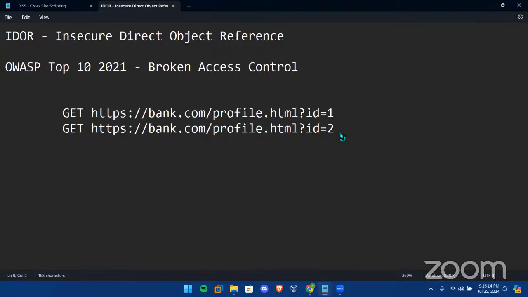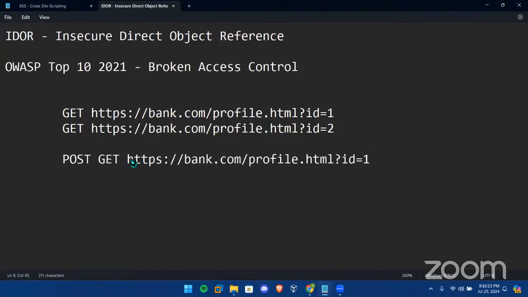Now, this can also appear in a POST request. So let's say we have a POST request. Again, same thing, so I'll just copy paste it. Instead of GET, I'll just do POST. Perfect. So let's say we have this. Now, if we are logged in, sometimes it happens that, let's say, these are all the headers. Now, when you look at the POST request, it will contain something like, let's say, user ID equal to 1,